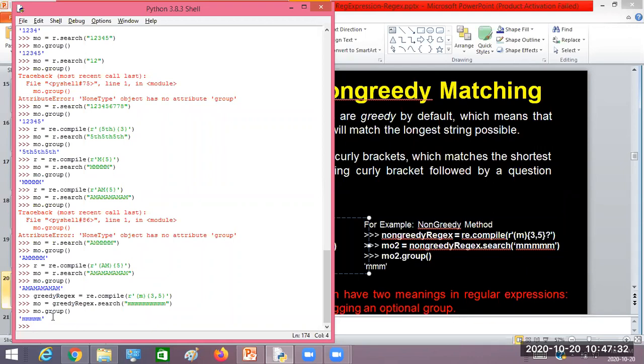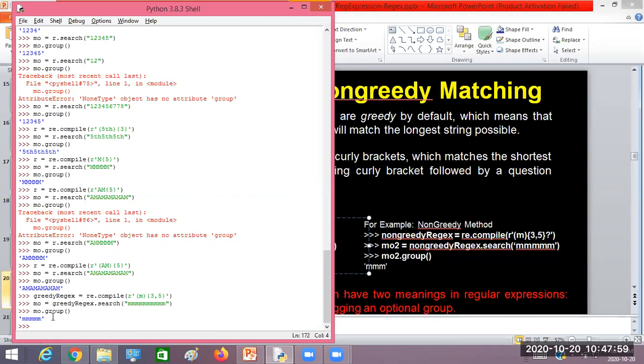If I have 4 characters length, I'll get 4. If I have more than 5, obviously I'll get only 5. This is the greedy method: the longest possible match is nothing but the maximum repetitions that we have specified.